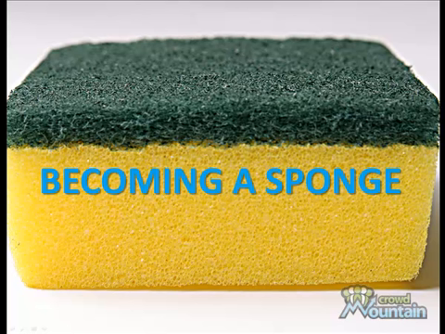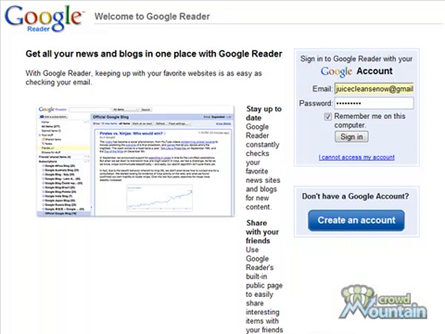post about. So first, we're going to go to Google Reader and we're going to set up an account there so that we can aggregate some of the content that we're going to be finding next. If you're wondering, you do need to use Google Reader for this because we're actually going to use a feature that they have to help us produce our content. So go to